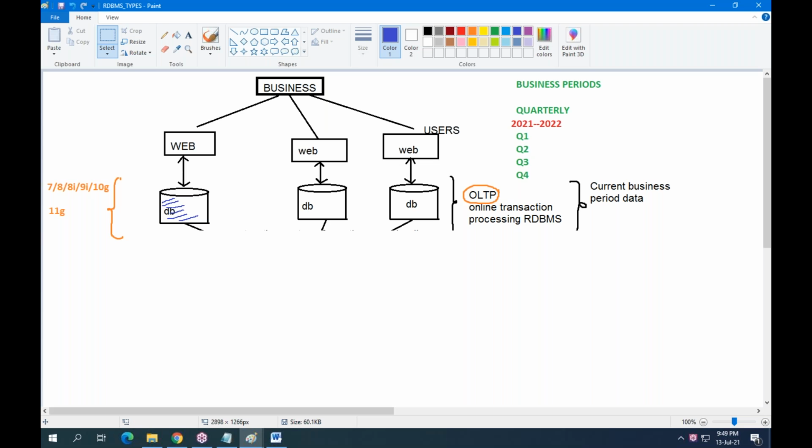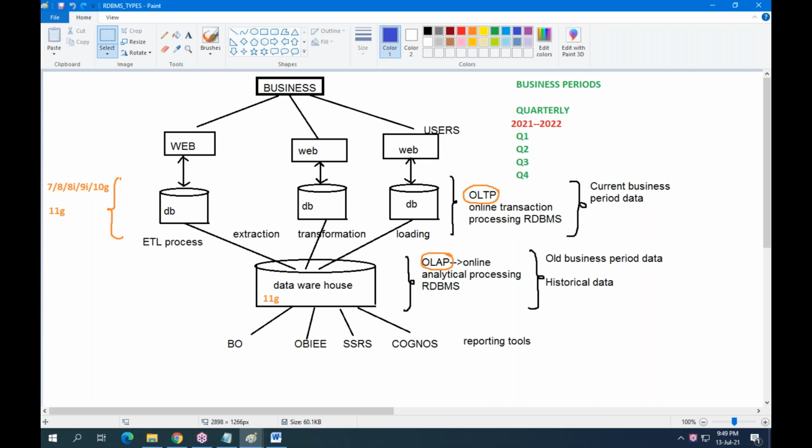So every business has to maintain data periodically. The common business period is quarterly.